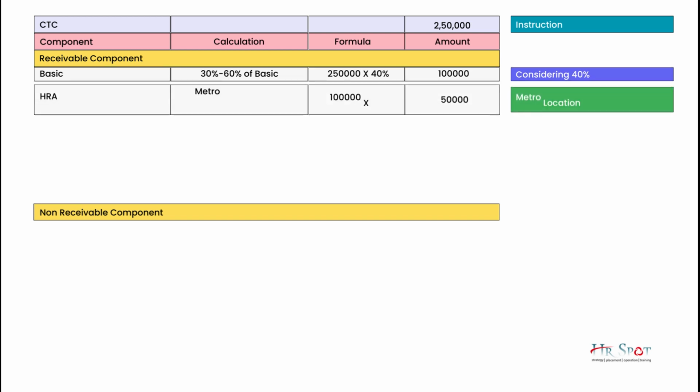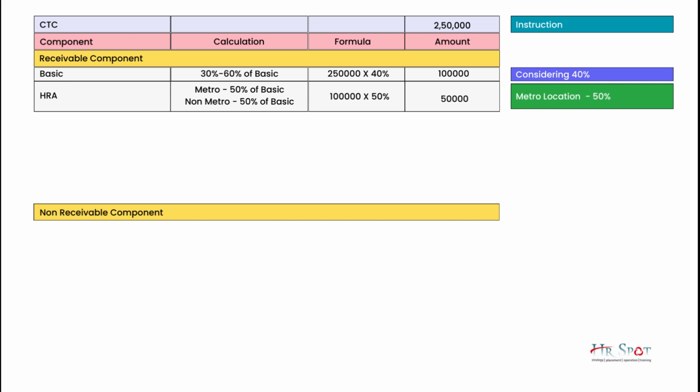Next is HRA. I am considering this particular employee is working in a metro location, and as we know the HRA will be 50% if the work location is a metro and 40% if the work location is a non-metro. So in this particular case, as the work location is considered to be a metro, the HRA will be 50% of basic. That means 50% of 1 lakh, that is 50,000. Then conveyance allowance,